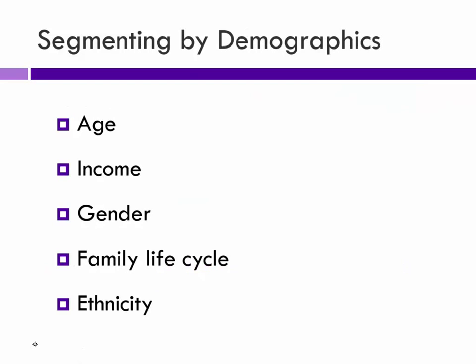Demographics, some of the more common demographic things are age, income, gender, family life cycle. So sometimes it's not age, but people with toddlers have very different spending patterns than people with teenagers. Ethnicity tends to be a good way, because again, what we're looking for is differences in buying habits, things that we can identify. Like I said, if it's table salt and the young people and old people don't purchase any differently, then there's no sense segmenting the market in that way.